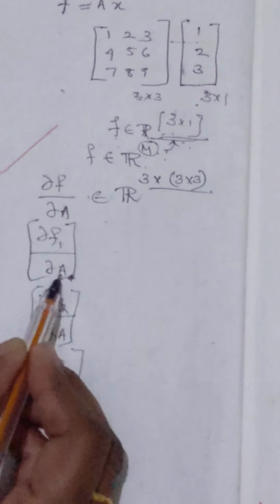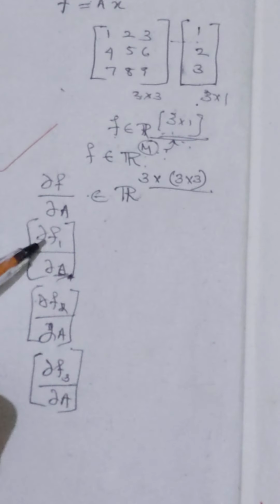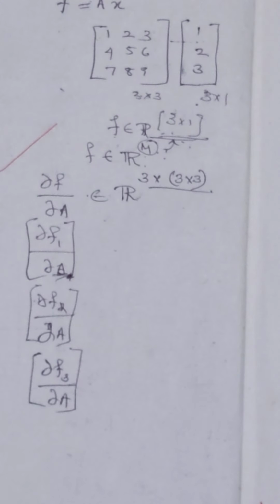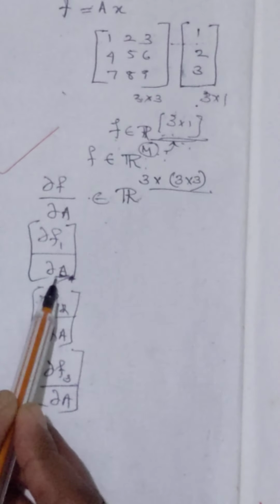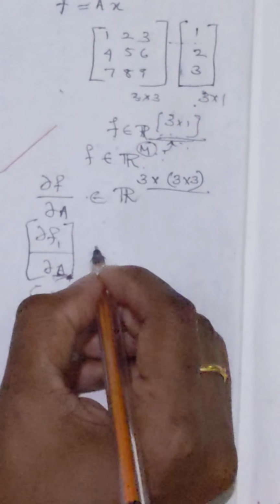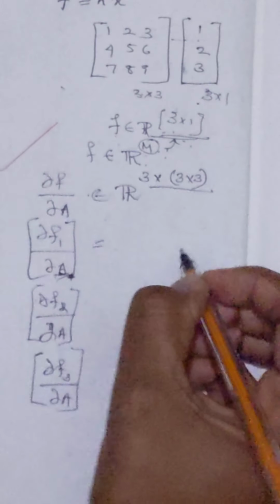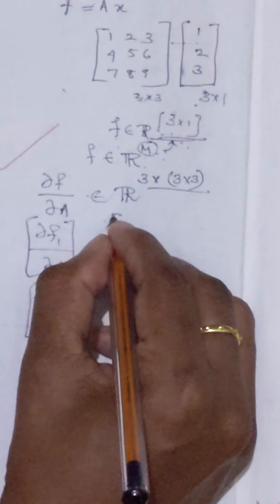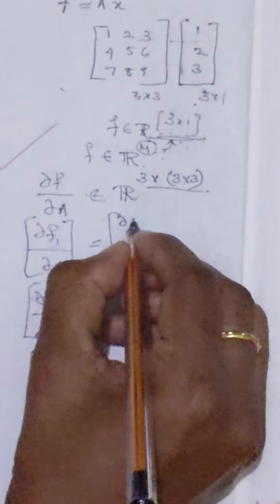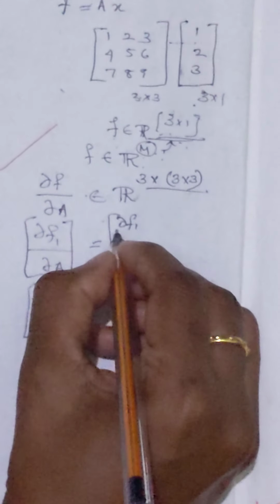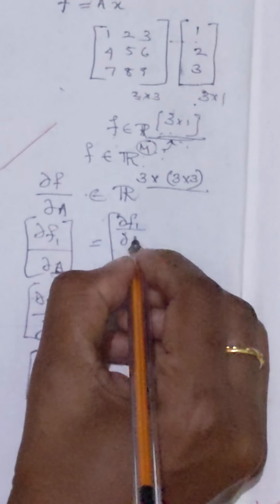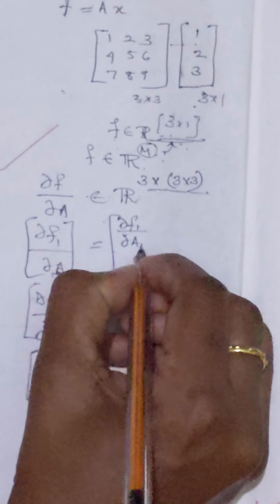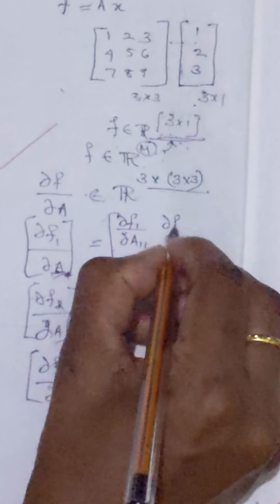In this case, A is a matrix. So here you are differentiating a vector-valued f1 with respect to A, which is a matrix, isn't it? So this can be found like del f1 by del A11, del f1 by